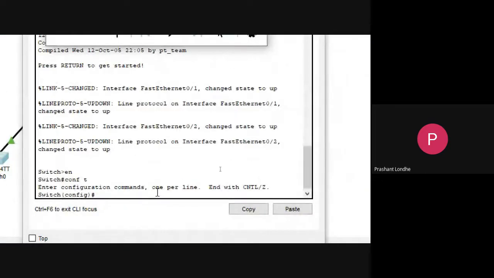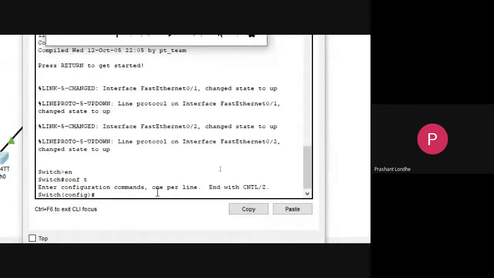So now port F0/1 is connected to PC1 and port F0/2 is connected to PC2. So we are supposed to set the monitor command to port F0/1 and to port F0/2. So let us start setting all those things.